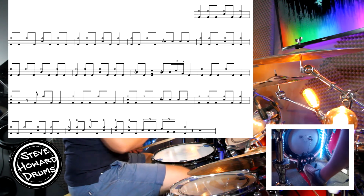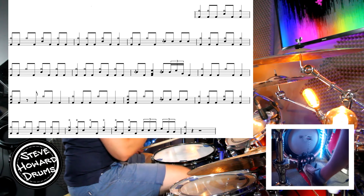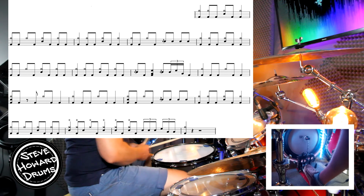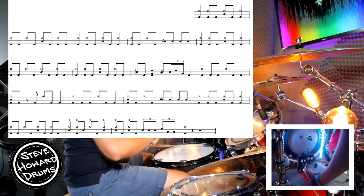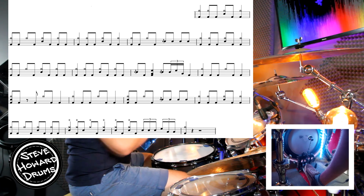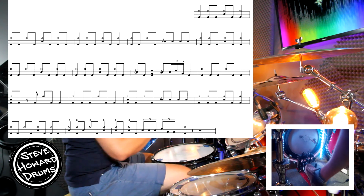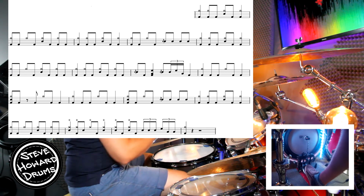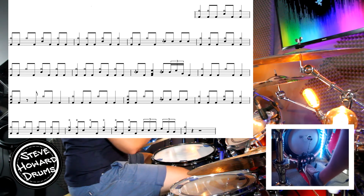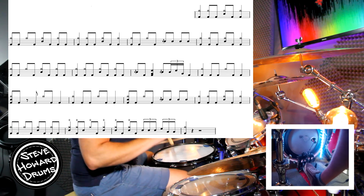Second bar 1 and 2 and 3 and 4. And third bar 1, 2 and 3 and 4, 1 and 2 and 3 and 4 and that's a little bit tricky, flam and 4 and then the next bar 1, 2 and 3 and 4, 1 and 2 and 3 and 4 and 1, 2 and 3 and 4 and now this is a tricky bar,